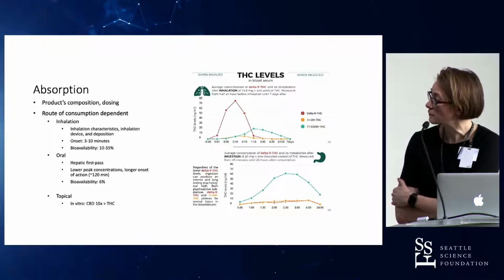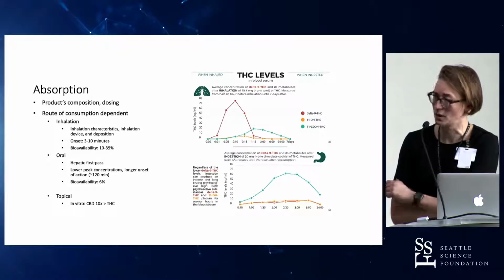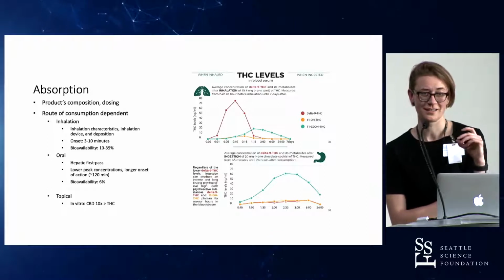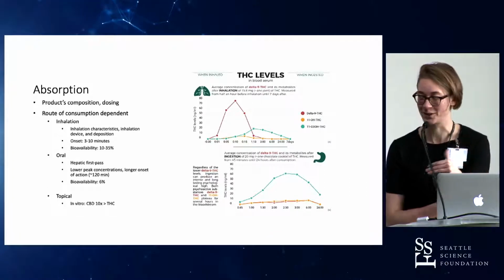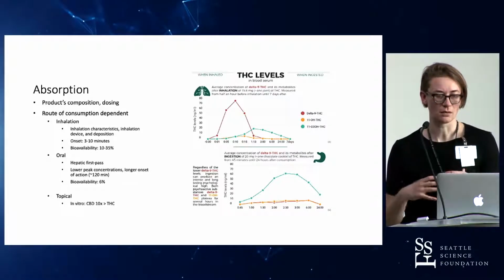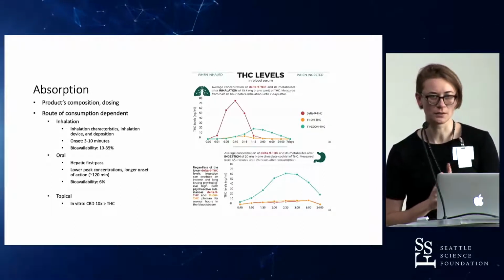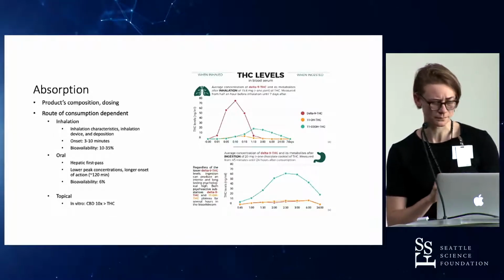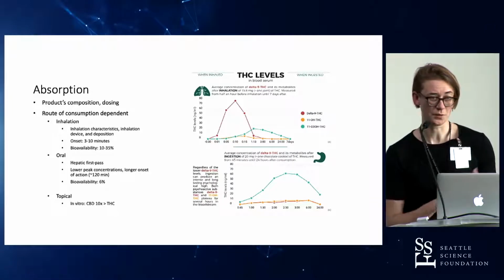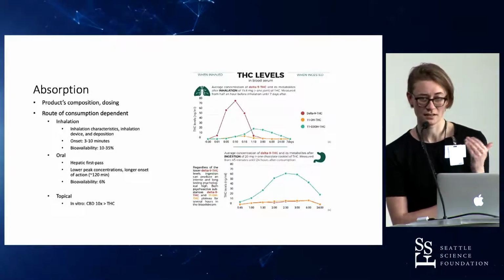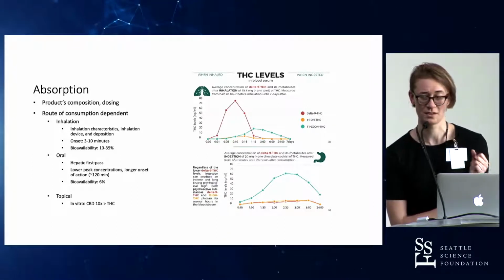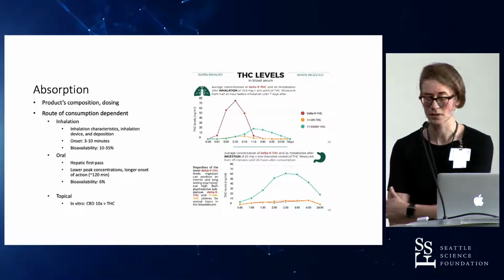And then dosing is also important. So a lot of edibles, you get a cookie. I don't know if there were cookies at lunch, or as far as how many people just ate half of a cookie or the whole cookie. So a lot of times edible products will have multiple servings. And so that's really an area of concern when it comes to children and naive users, because a lot of times it's not thought of. And so they'll eat a cookie that has 60 milligrams of THC, which is quite a bit for somebody who's never had any. So that causes problems